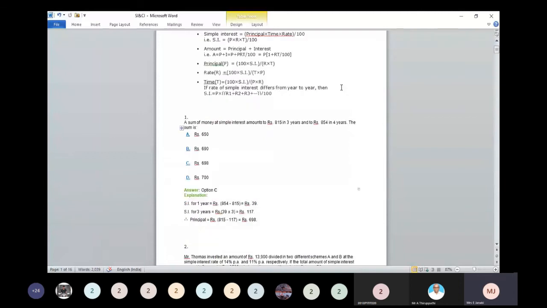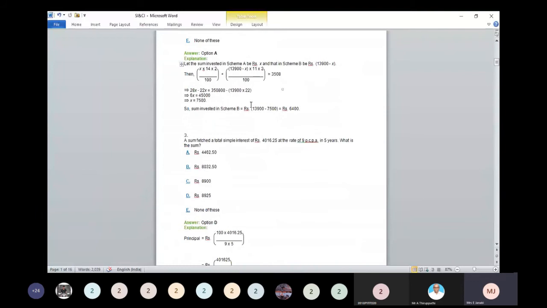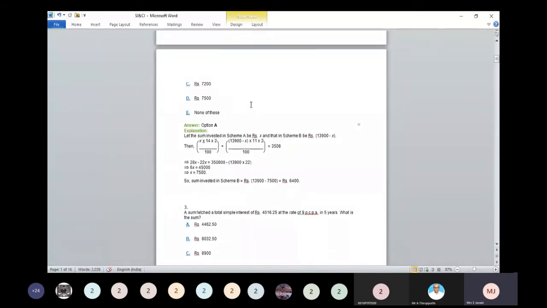So you know the formula. To calculate the simple interest, what is the formula? P into R into T, so the principal value into the rate of interest into the time. Using this formula, you can calculate a simple interest, right? But the total simple interest is